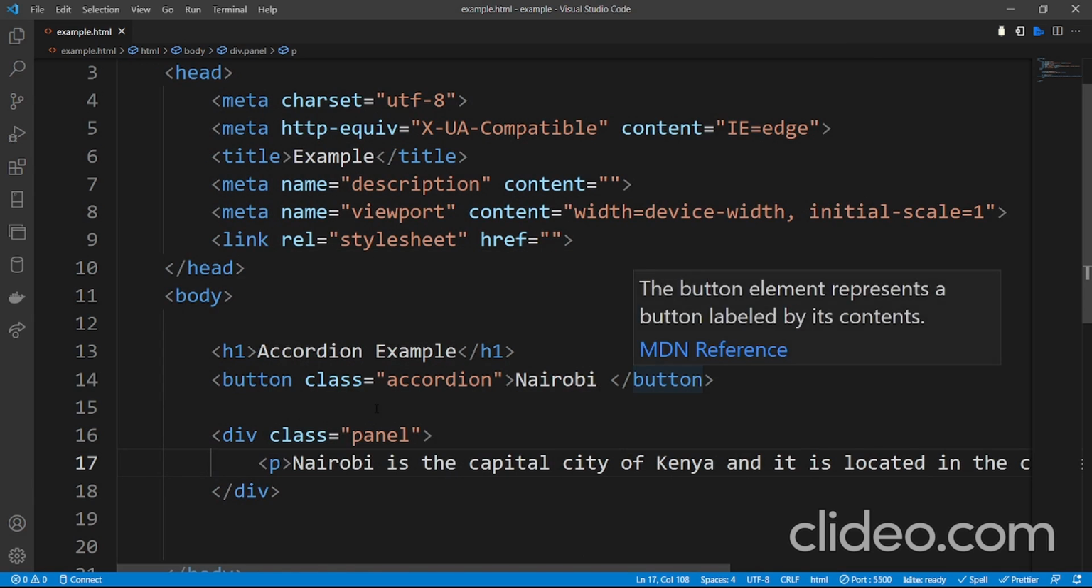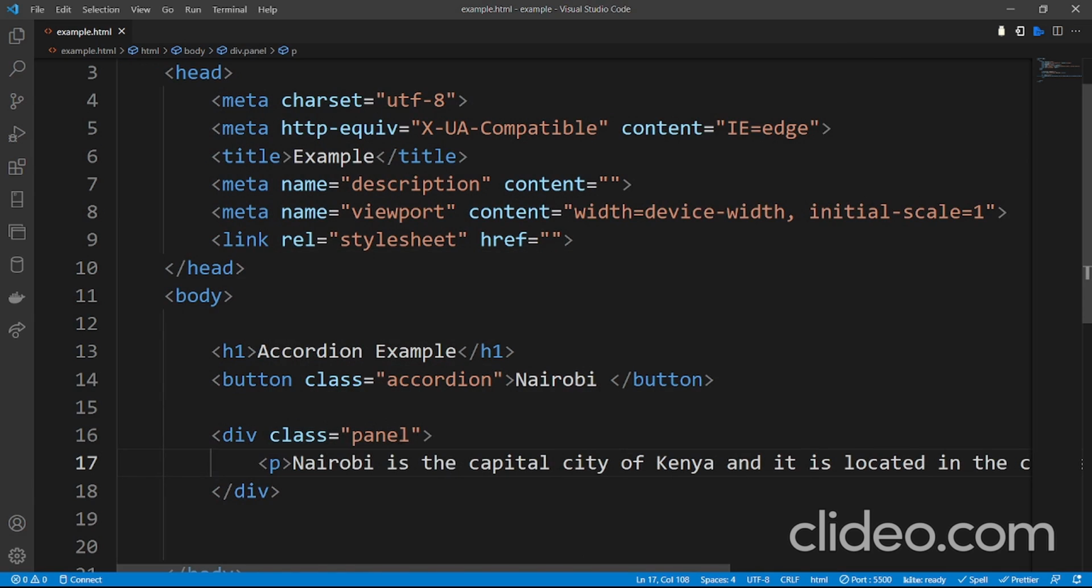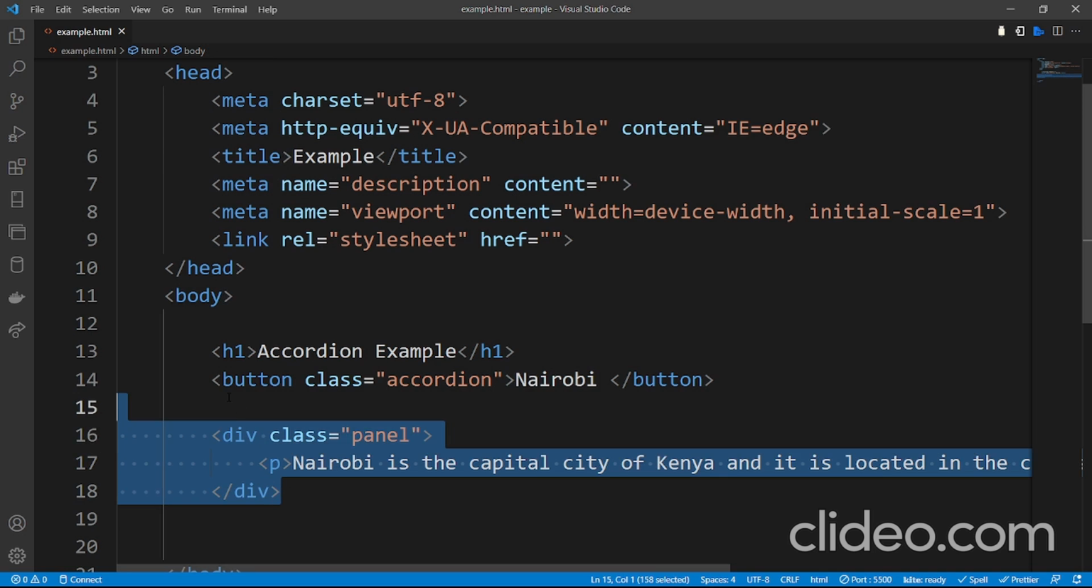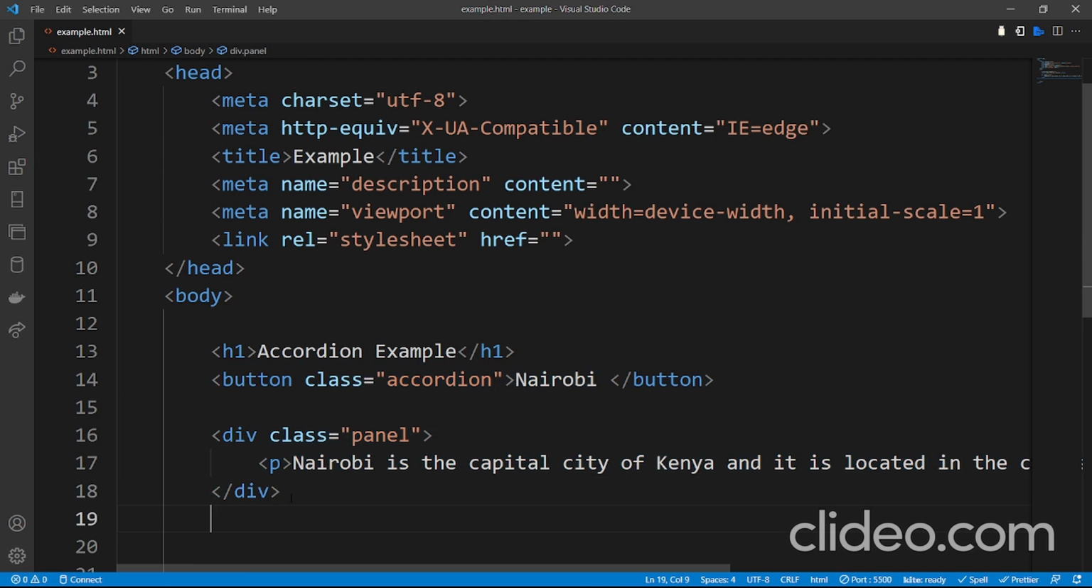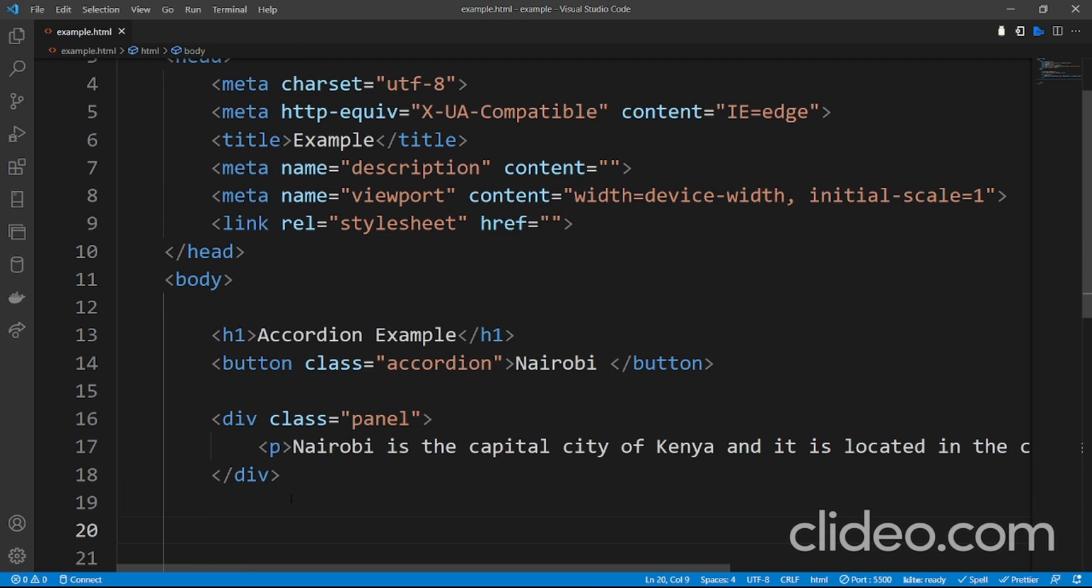So under the button, we have a div of class panel, then a paragraph that says Nairobi is the capital city of Kenya, and it is located in the central region of Kenya. So we can proceed to add other properties. Now we can copy the whole of this button. So Ctrl C or Command C, then let's paste it several times. Ctrl V,